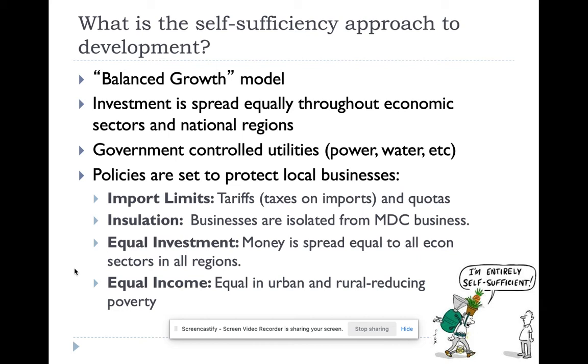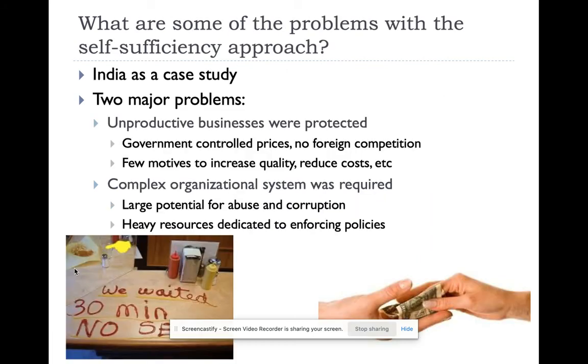It's called balanced growth because you're going to see equal income in urban and rural reducing, and trying to reduce poverty in both spots, right? You're also going to see all economic sectors, and that's going to try to lead to moderate growth across the board, not just in one sector of an economy. So it is an interesting way to look at things, right? It's closed off, and we will see that it isn't necessarily the best when it comes to trying to improve your country. Right. So the problems with this, and again, they're going to use India as a case study,